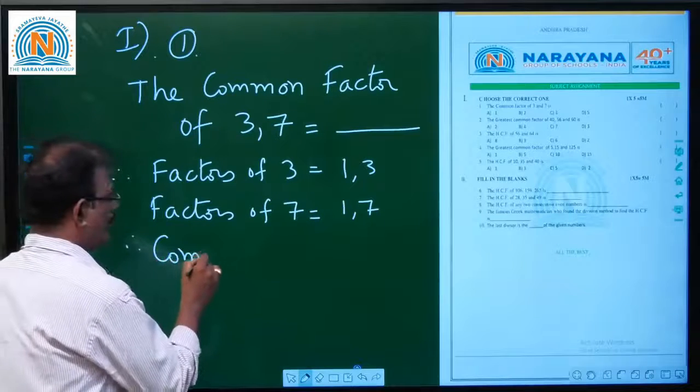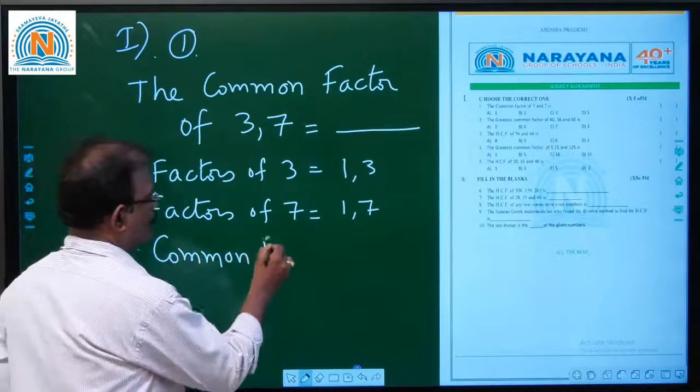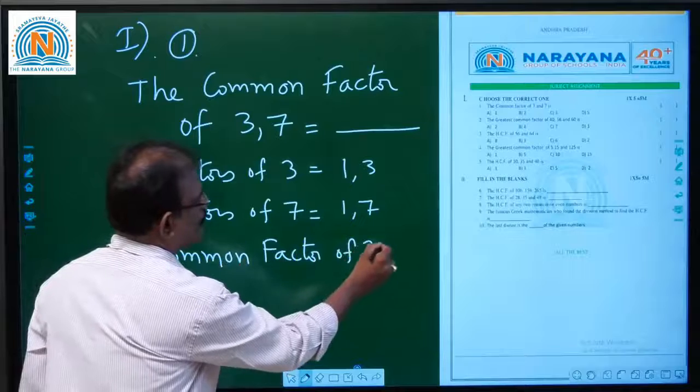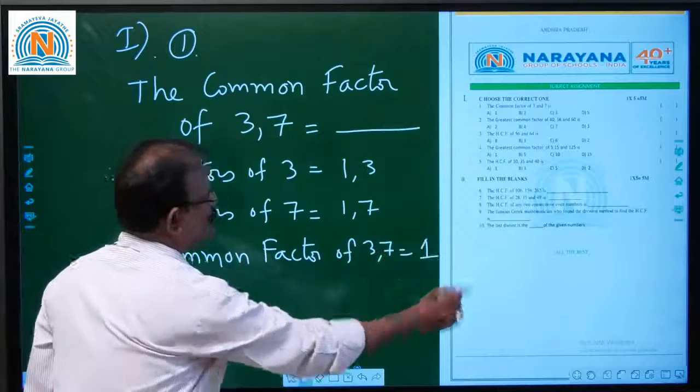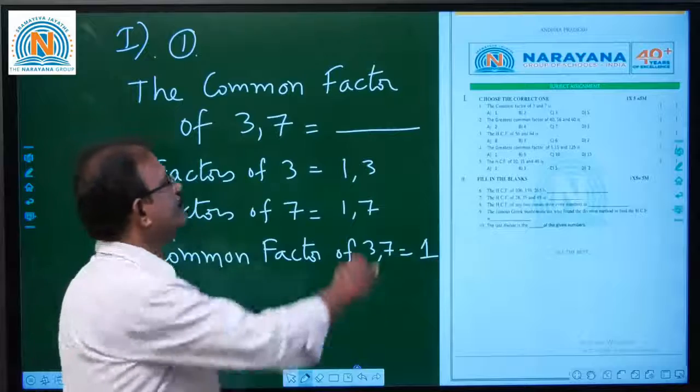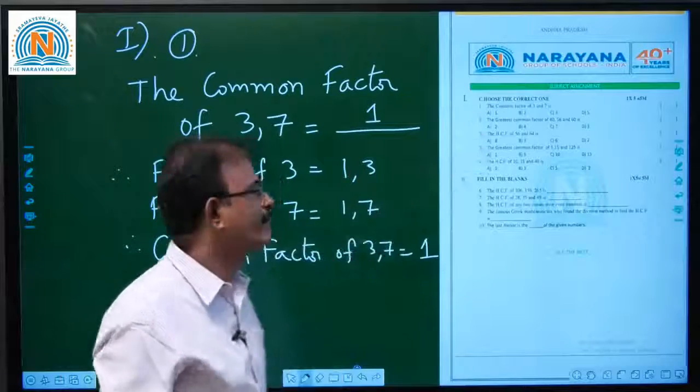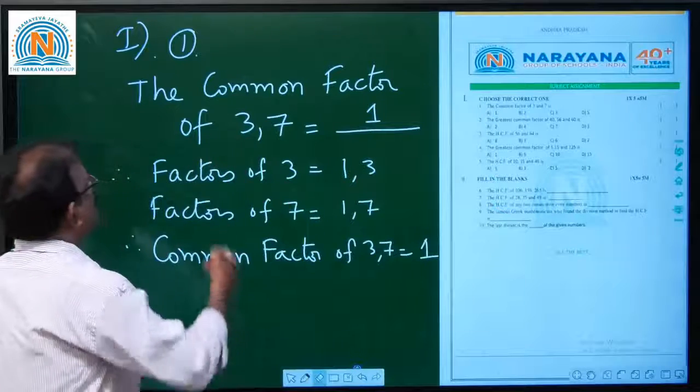Therefore, common factor of 3, 7 is equal to how much, children? 1. It is given in the first option. Okay, children. Then